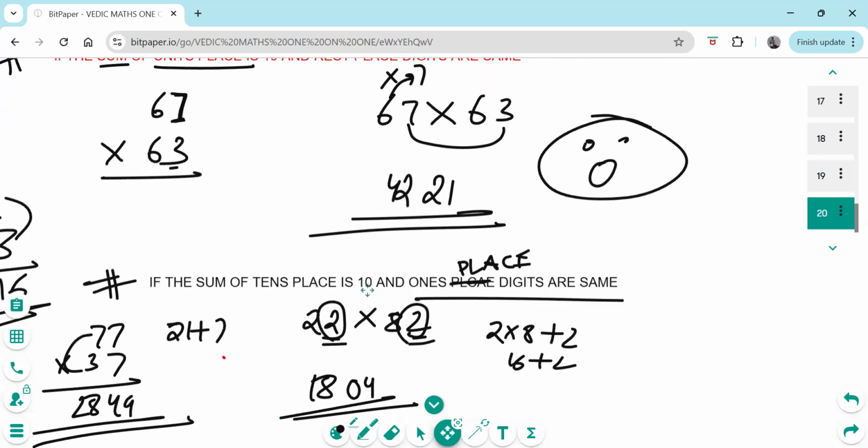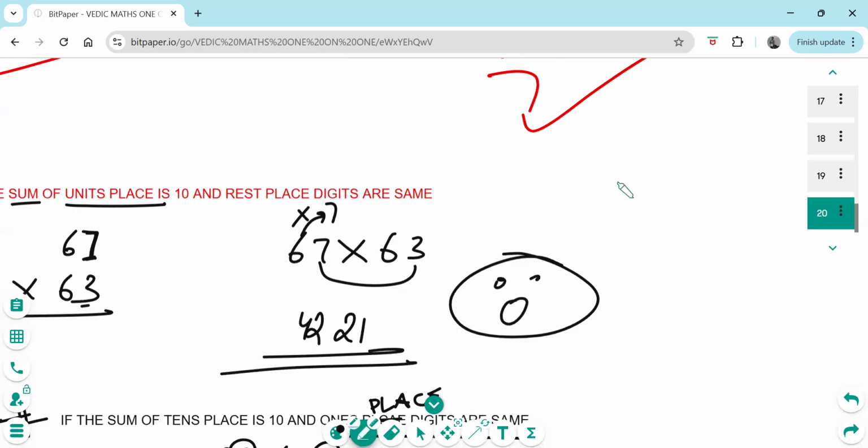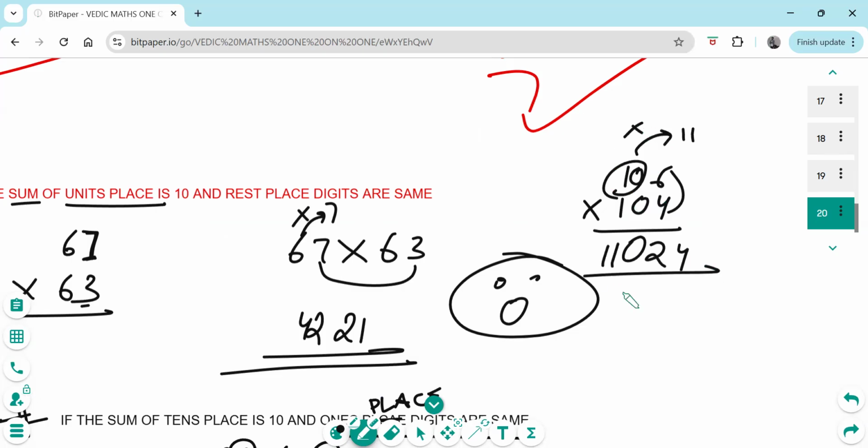By the way, this works for 3 digit also, the previous one also. For example, if I have 106 and 104, right? इन दोनों का सम 10 और यूनिट प्लेस जो टेंस प्लेस वाले हैं, मतलब ये जो हैं, ये दोनों रेस्ट वाले सेम है। तो आप इसमें भी लगा सकते हैं। 6 4 जा 24, राइट। यहाँ पे हमेशा 2 डिजिट मिलना चाहिए, नहीं है तो 0 लगा के बनाए, हमेशा 2 डिजिट इस वाले केस में ना। 10 के बाद क्या आता है प्यारे बच्चे? 11। तो 10 11 में 110 होता है। हो गया है।